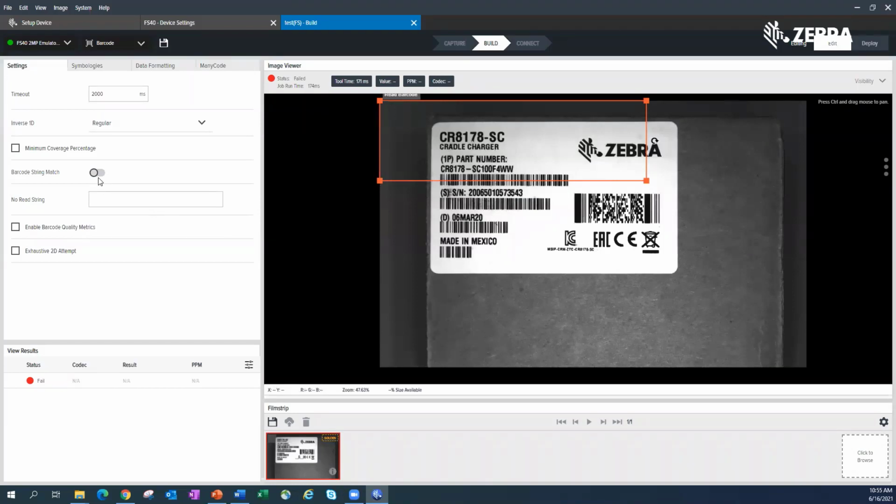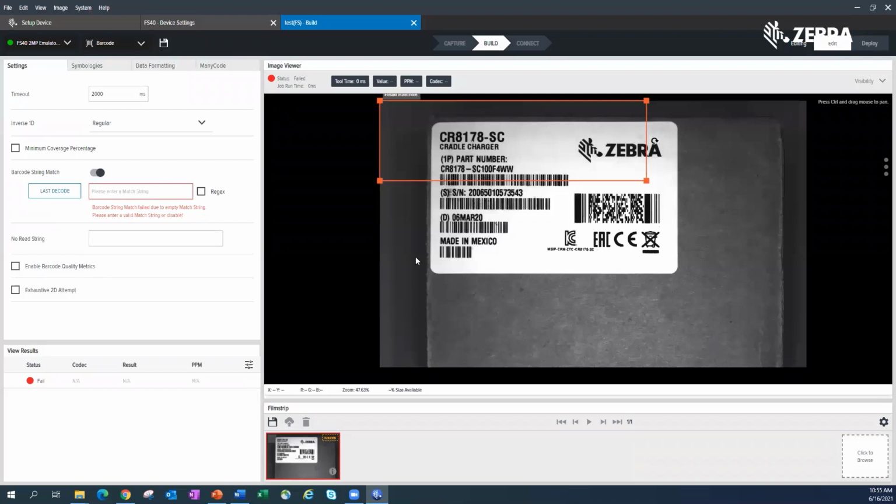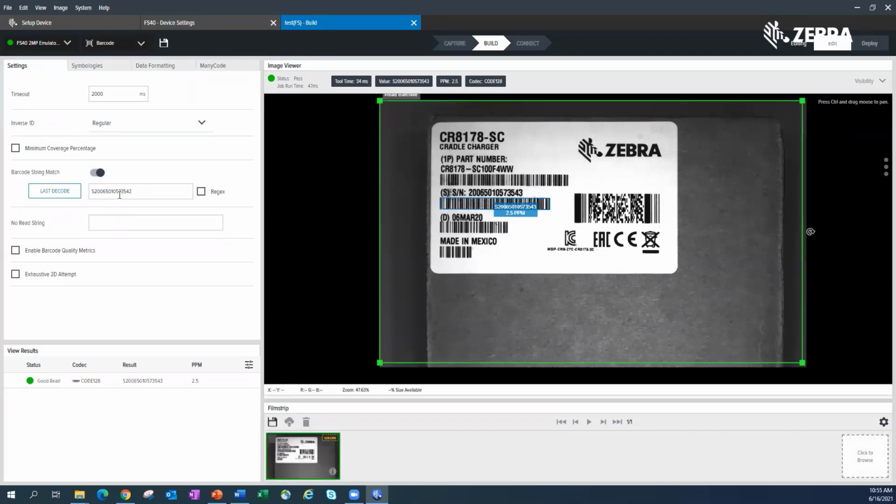We have the ability to do barcode match string. If I click on this, there are 2 different ways you could do it. Let me open up my field of view back here. I'll shut that off real quick, and turn it back on. I have a barcode, and I could click this button to get the last decode. It grabs this decode data. Again, feedback from the field, thank you very much. It puts that data in here, and it allows me to do a no read string or some kind of regex command, right? The regex is basically a string that allows me to come in here and say, hey,